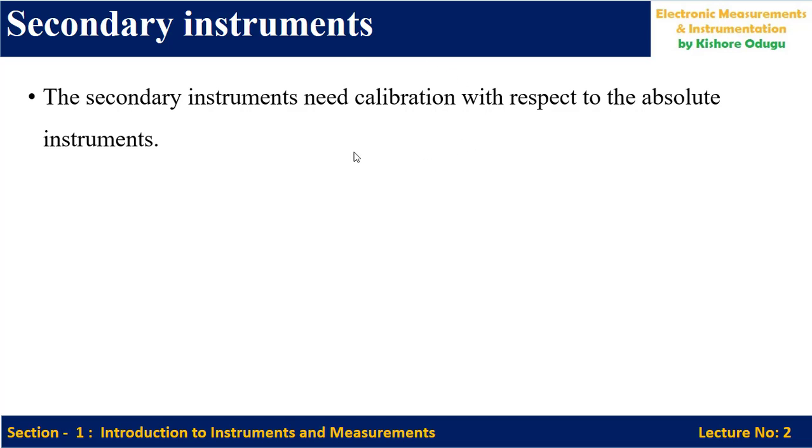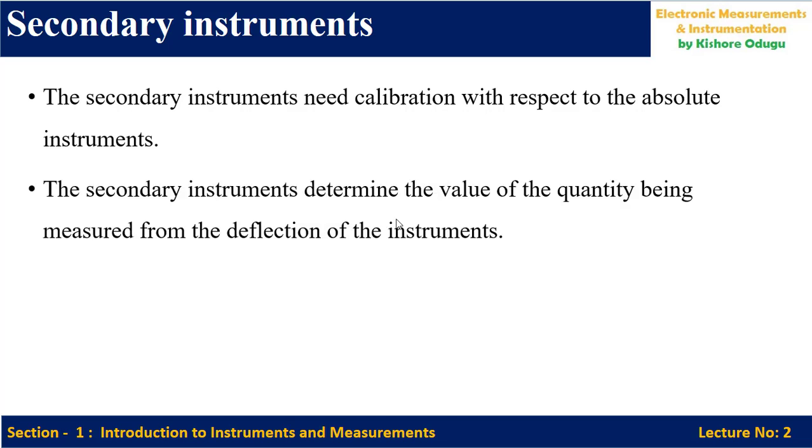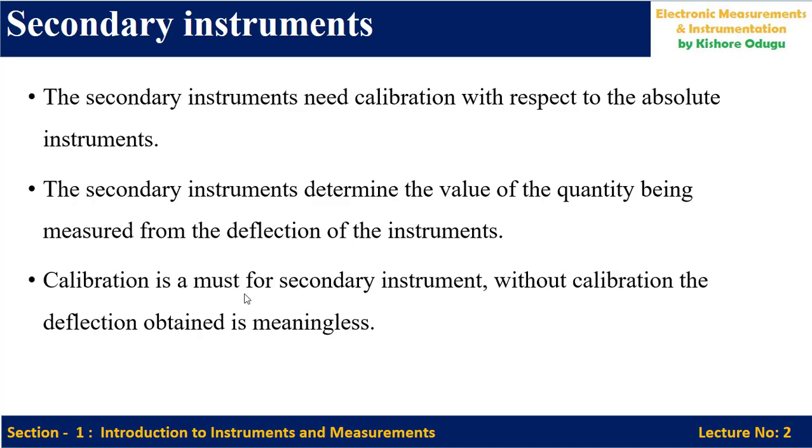Using that value, you have to measure or calibrate the secondary instrument, and the secondary instrument determines the value of the quantity being measured from the deflection of the instrument. These instruments show the value in deflection terms. So calibration is a must for